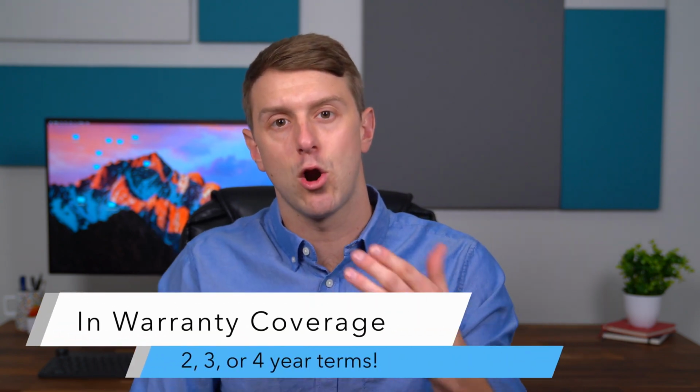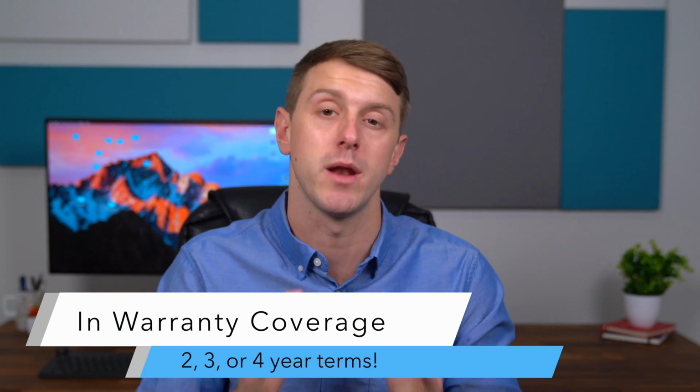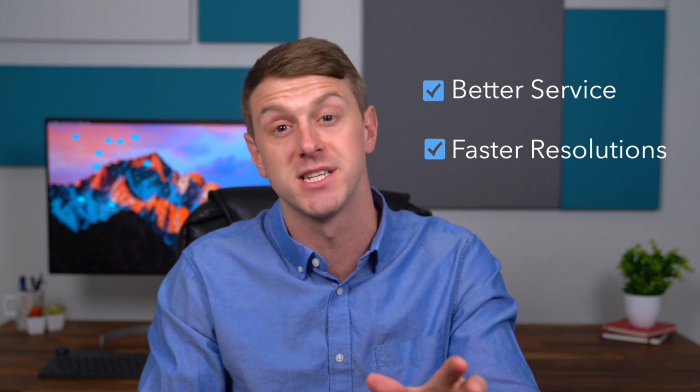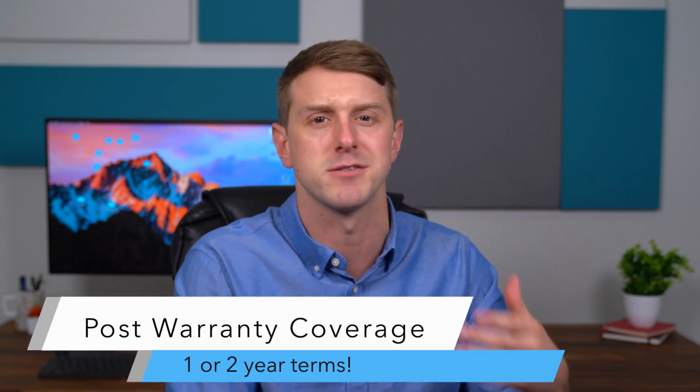If your HP printer is in warranty, there are CarePack services available in 2, 3, or 4-year terms to enhance your printer's standard warranty for better service and faster resolutions. You have the option to purchase this service when you buy your printer or during the first year of the standard warranty. Don't worry, they also offer post-warranty coverage when your standard warranty or CarePack expires, so why not keep